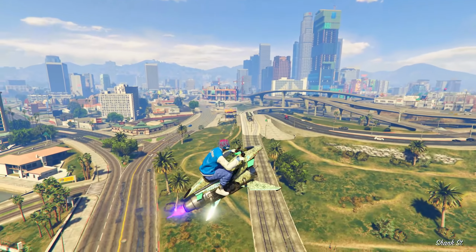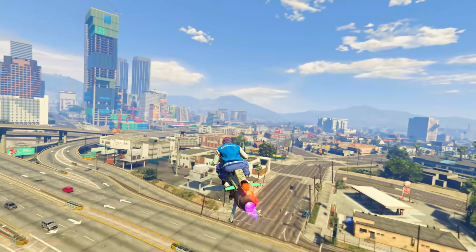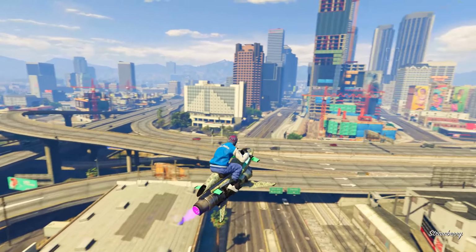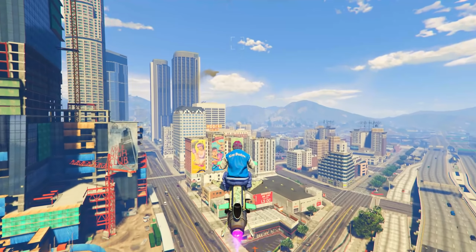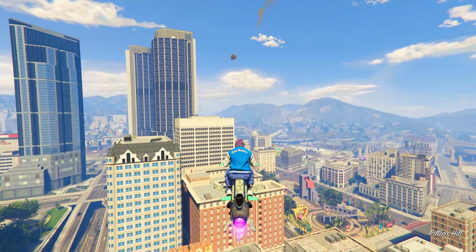With an Oppressor Mark II, you can call it in right next to you in 1 second, get on it, and you even have a booster that you can use to get to your destination faster. Of course, the best thing that comes with the Oppressor Mark II also has to be these missiles, but you do have to put those missiles on with an upgrade, which costs right around $300,000 to $400,000 for the missiles,